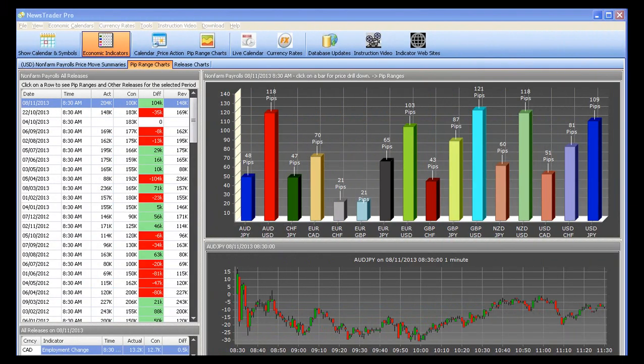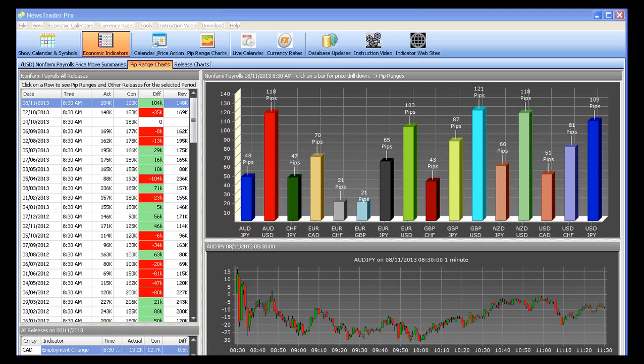So all in all, this is a great piece of software for trading news events in a specific way. I mean, some people trade news events, they put in orders before the news event and hope that it works out for them. For me, that's definitely not the way to trade a news event. You have to wait until after the news event and then choose your moment. So what this software does is it enables you to choose your moment